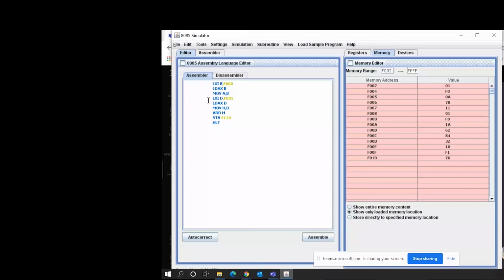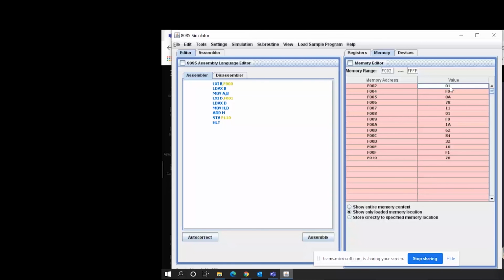Are you able to change values here on the right side, Sharath? Yeah, sir, I'm able to. In that case, just give the memory range from F000 on top.